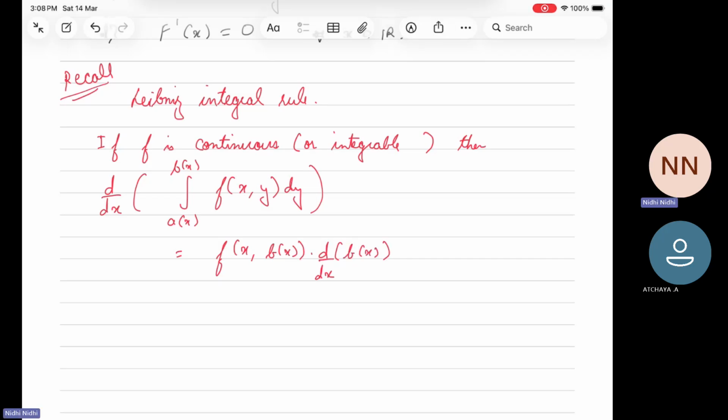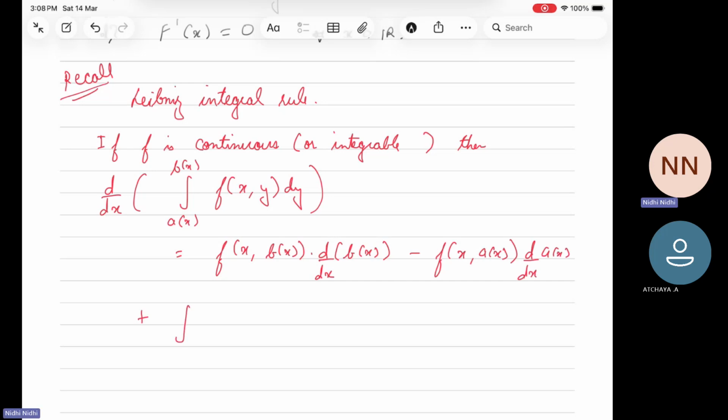So we replace y by b(x) and multiply it with the derivative of the upper limit, minus f(x, a(x)), this time y replaced by the lower limit and multiplied by its derivative,